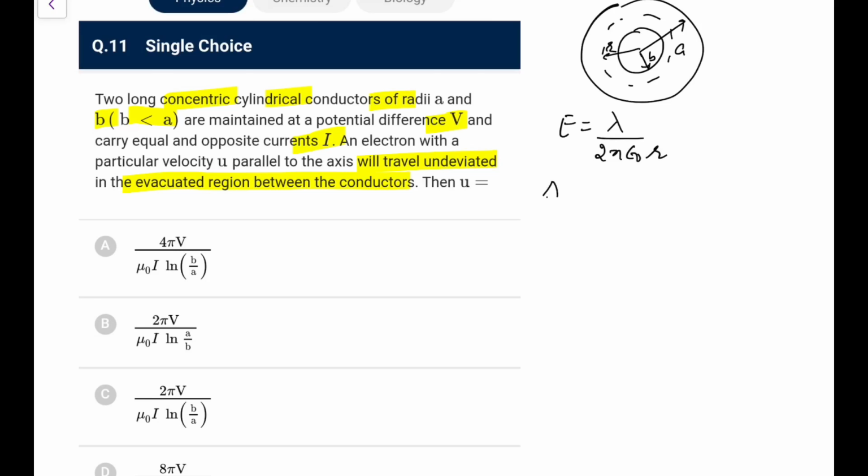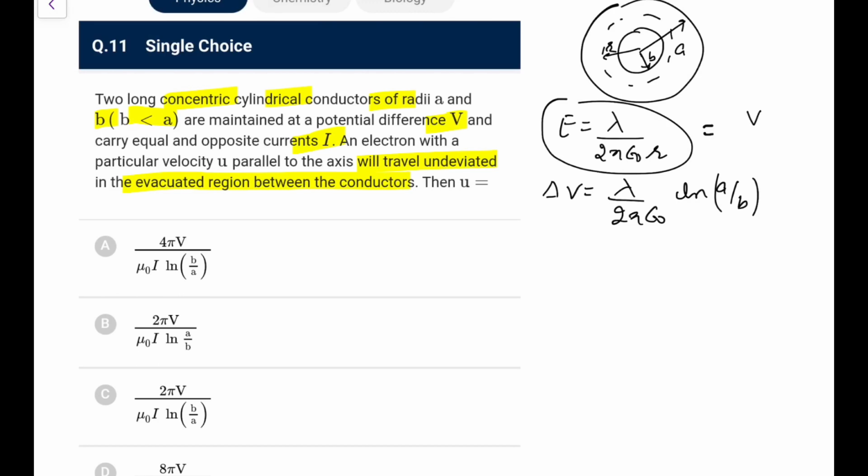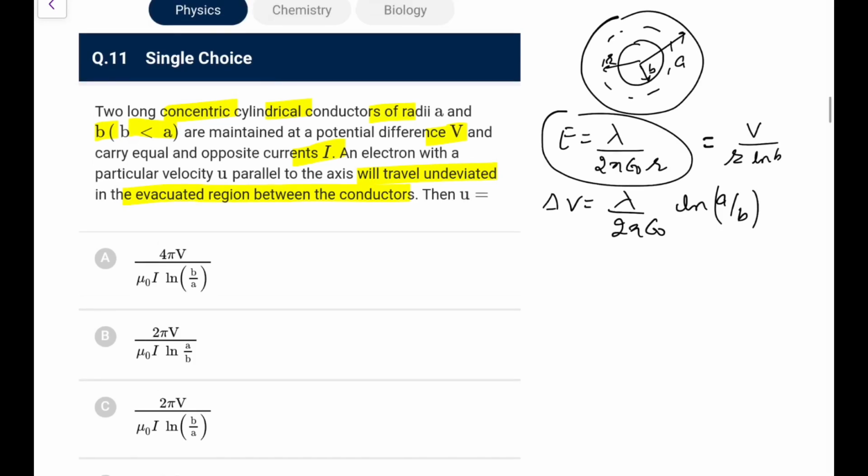So the potential difference, you have to write E dot ds from A to B. That would be lambda upon 2 pi epsilon naught times ln terms, and it would be ln A by B, you can directly say. So this would be the potential difference V. Why do we write it as V? Because we need to remember this E thing. So I can write E in terms of V: lambda upon 2 pi epsilon naught I can write as V divided by ln of B by A.